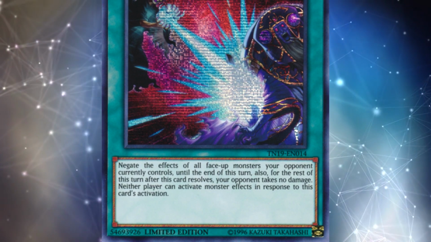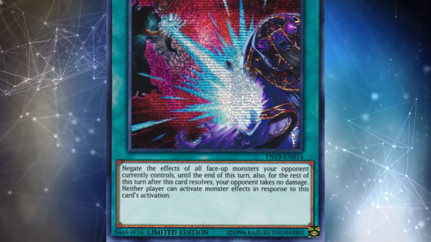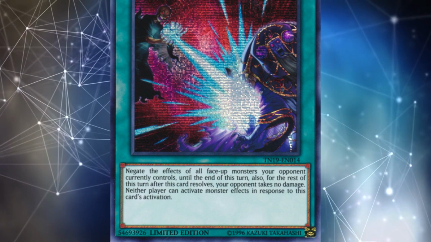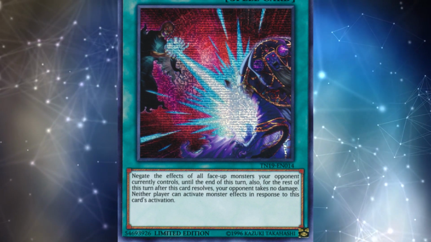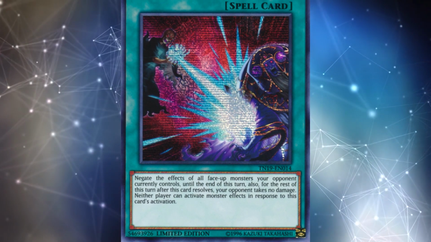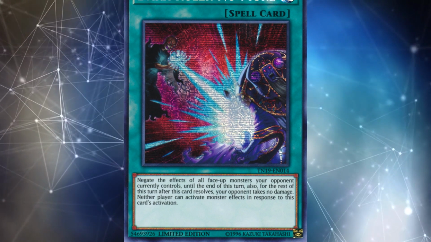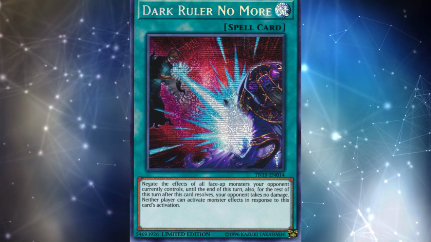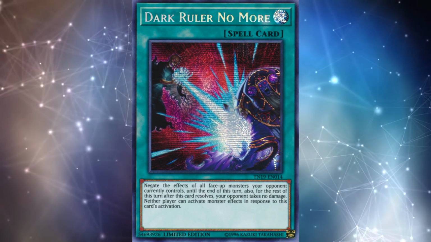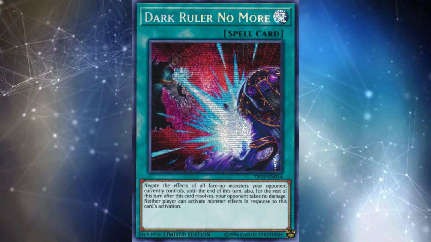Of course, the downside of Dark Ruler No More is that you actually have to be able to break your opponent's board. Sure, you can't OTK them because you can't inflict any damage the turn you use this card, but in general, a lot of the decks that are playing this thing don't really care about that so much. If you can pick your opponent's board apart piece by piece without them using any monster effects because you've Dark Ruler No More'd them, a lot of times they just can't recover, and hopefully you can set up your own